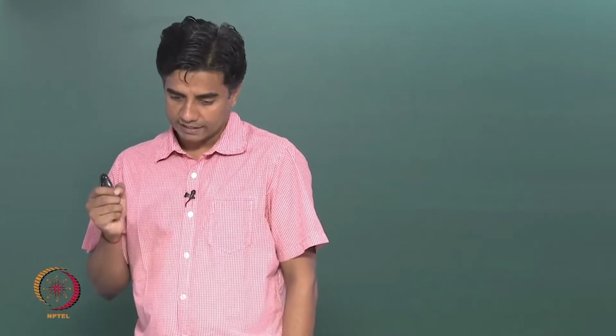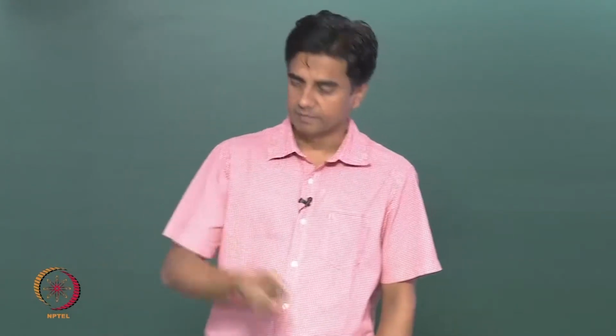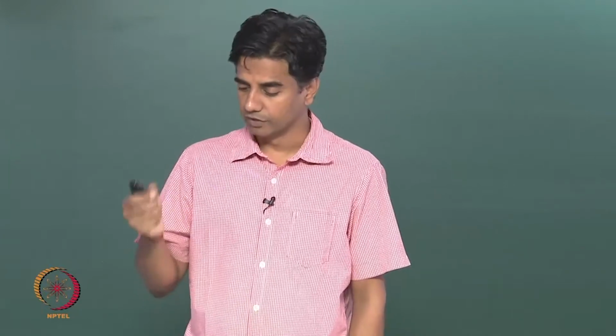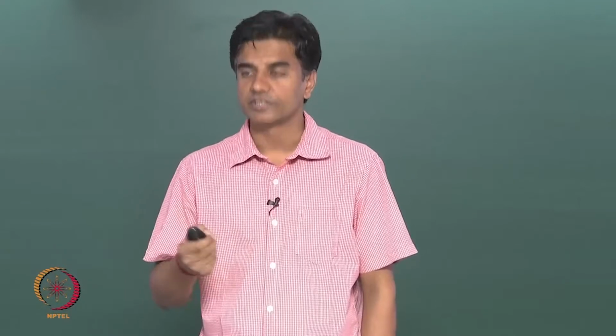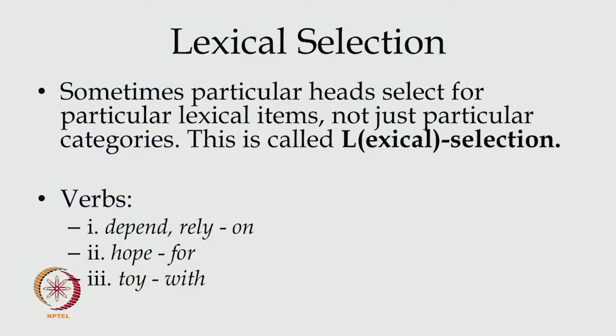We say, with respect to semantic selection, for the verb know, the complement must be a question or a proposition. It's just that we don't use grammatical terminology for this. Keep in mind